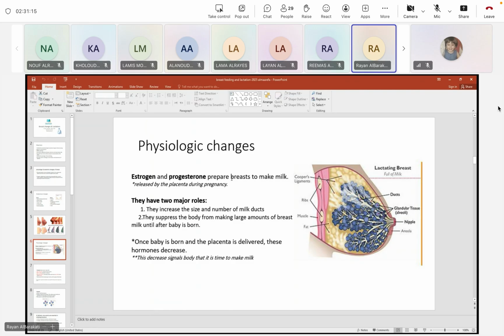With delivery, we deliver the baby in the second stage, then in the third stage we deliver the placenta, right? And by this, there will be a sudden drop of progesterone and estrogen. Also note